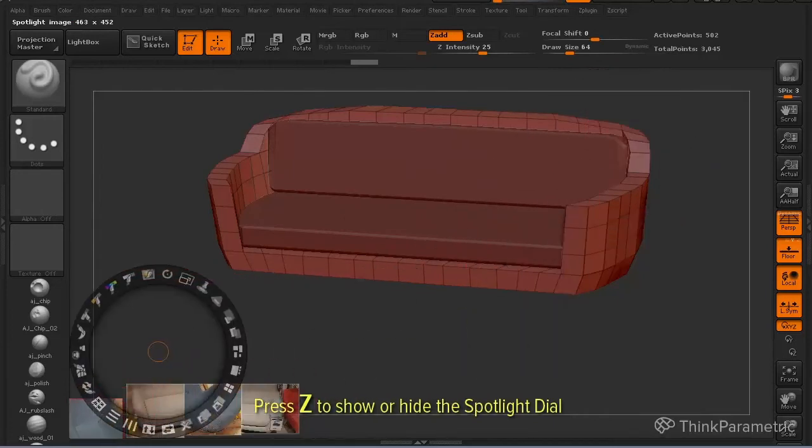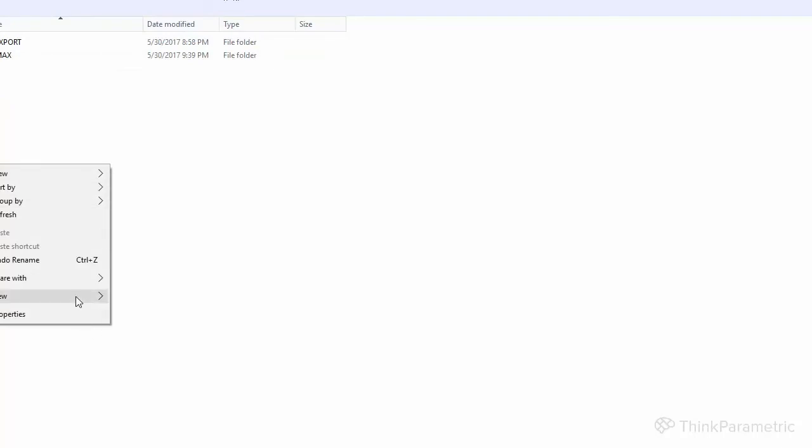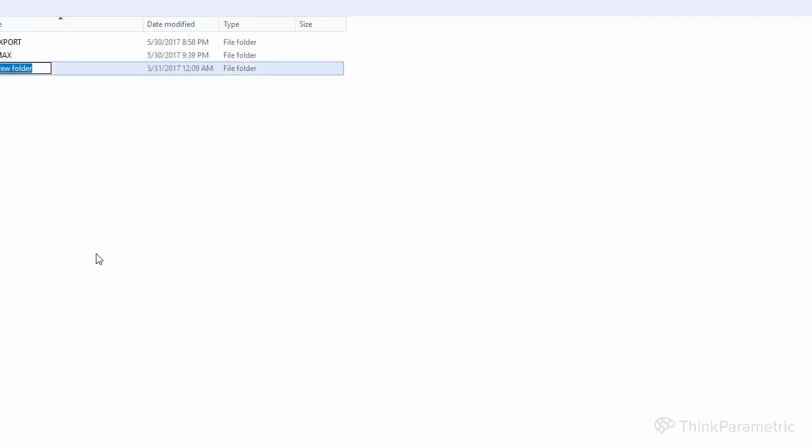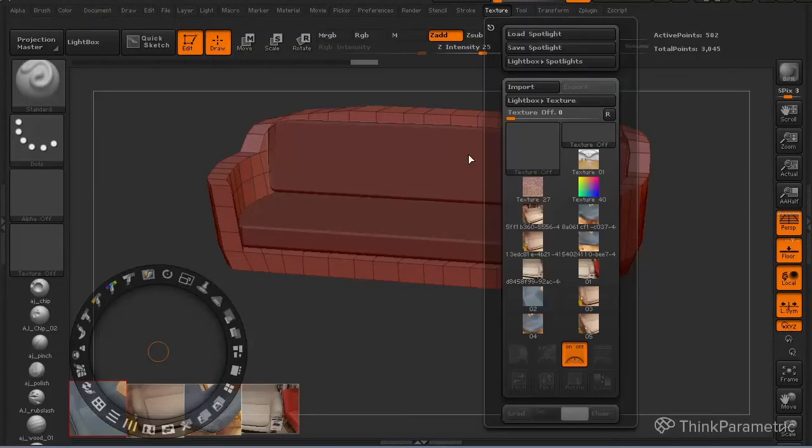Let's say for now you're going to stop and do something else. One good thing to do is to go to the File menu and save our ZBrush project. Here in 3D, we create our ZBrush folder, and here we're going to save our sofa. The problem with this way of saving is that our spotlight won't be saved. The way to save the spotlight is to go to Texture and save the spotlight in here.